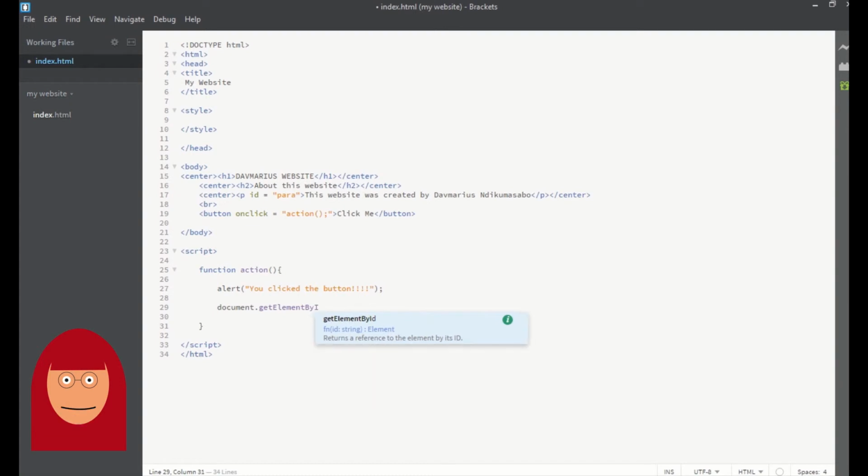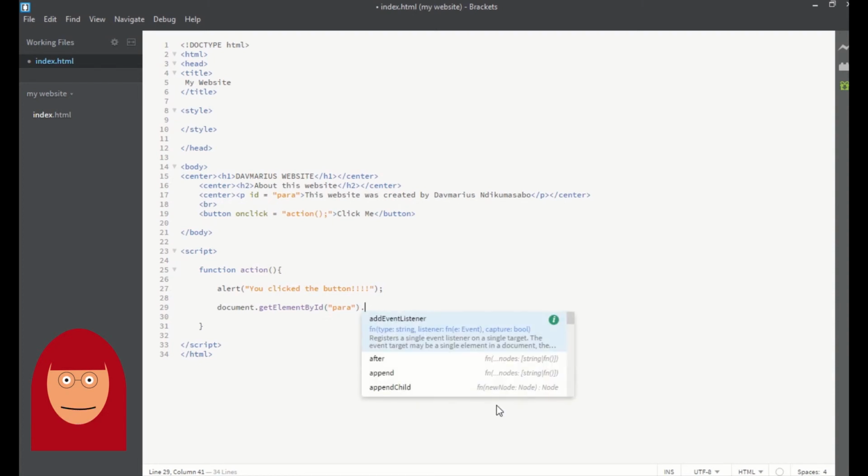All right. And we're going to do an open parentheses and close parentheses. And we're going to put quotations inside of this. And inside, we're going to put the ID of that paragraph, which is para, P-A-R-A. As you can see, there is the paragraph right there. And inside is the ID of this paragraph. And it's called para. And we're going to put dot